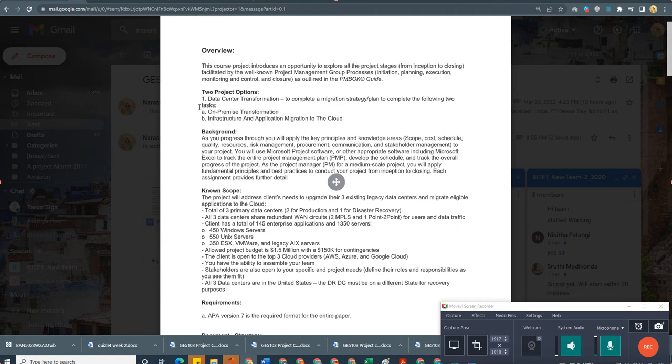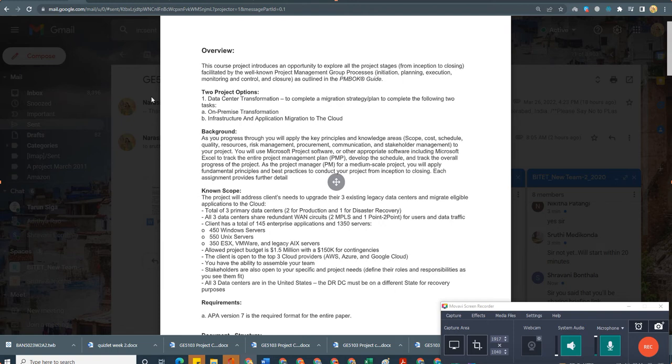Second one is infrastructure and application migration to the cloud. If we have any infrastructure or applications that are running for the organization, for example, 10 to 20 systems that people in the organization are working with, because of lockdown people will be connecting from different locations, so we need to make sure that they can connect to our site. So we will be migrating our application to the cloud. Of these two aspects, my suggestion is please go with on-premise transformation, where you will be creating a real-time data center for an organization.